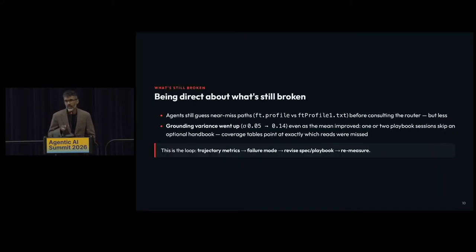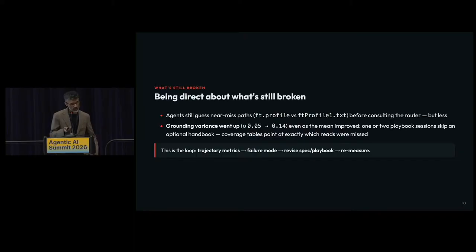So obviously not everything is working as expected. There are things to be improved there. This is actually a prime candidate for things like recursive self-improvement, which has been a pretty common theme at the summit here. So we'll probably have to look into something like that to improve performance even further. But we do see a reduction in many of the common failure modes.